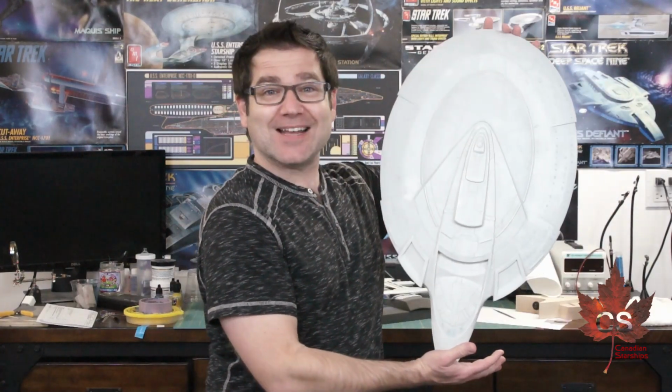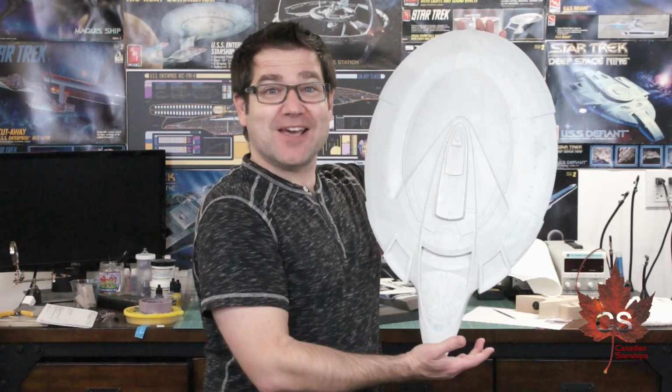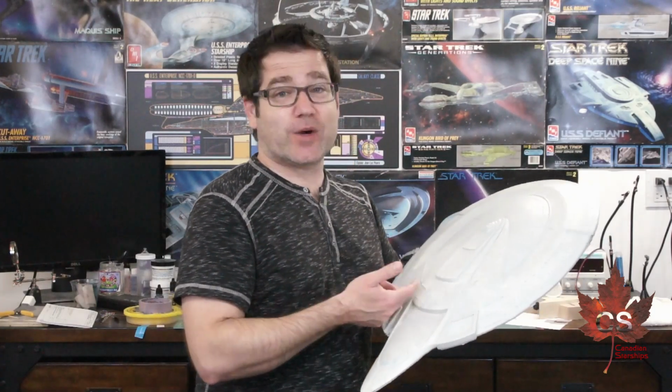Let me grab the top saucer piece here to show you what it is. Look at that. That is a big saucer. This is the 650 scale Enterprise E. This is the non-clear version. Now, there's pros and cons to the clear and the non-clear. The obvious con is that I'm going to have to drill out anything that I want to have light come